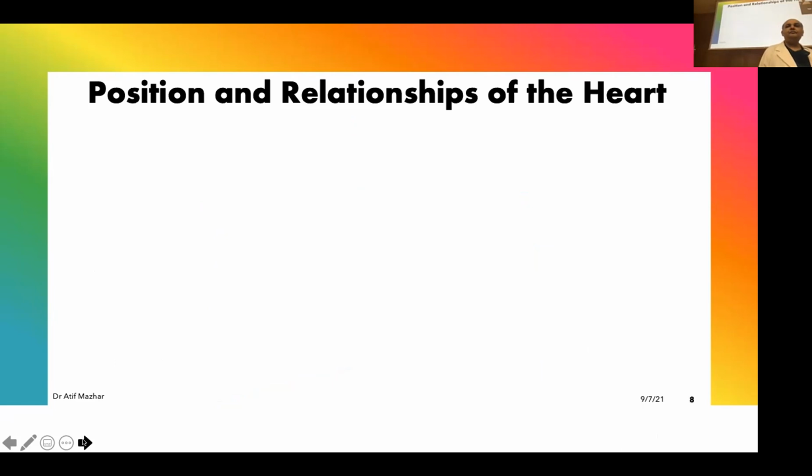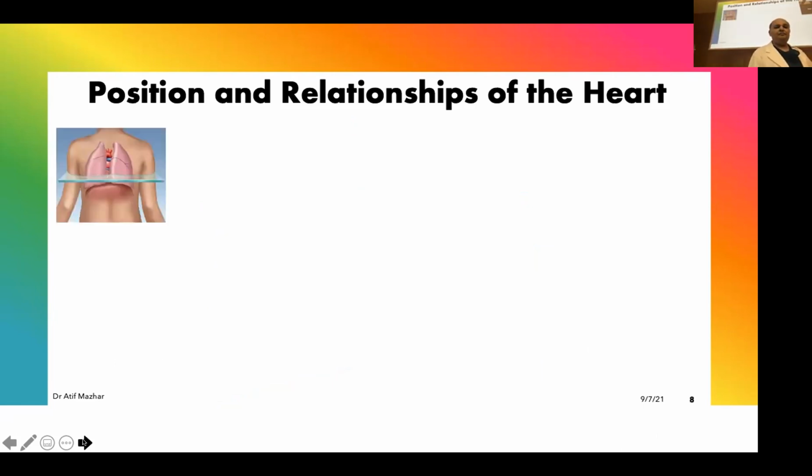Now, let's look at the position and relation of the heart. For that, we have to take a section. Obviously, if a normal person is walking into your clinic, you are not allowed to cut someone. But if we cut someone, we have to see inside. How do we do it? CT scan, MR. Basically, what are they doing? They are cutting the human radiologically. And we have slices, and there are techniques, and there are thicknesses, and all of this is being observed.